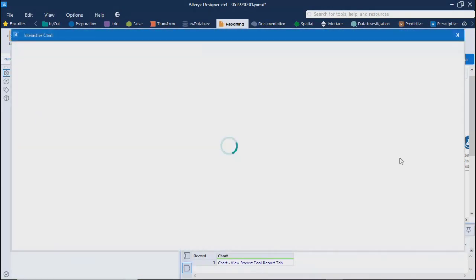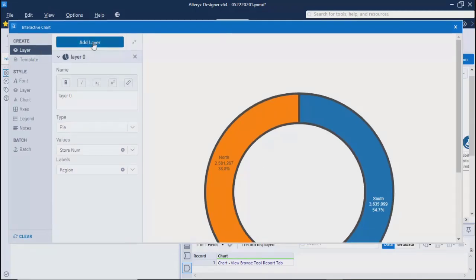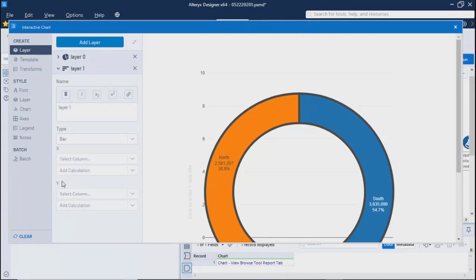So if you go here, configure the chart. By default, it is there. I'll add another layer, right? My 0th layer has the pie chart. The other layer that I have added, let me collapse this. And on the 0th layer, let's say we'll take bars. And then we need to take the columns we want to show.